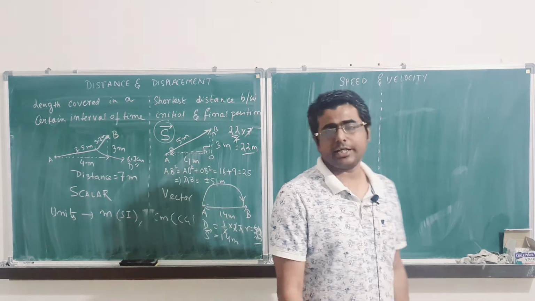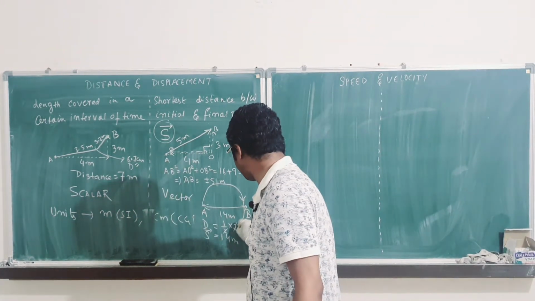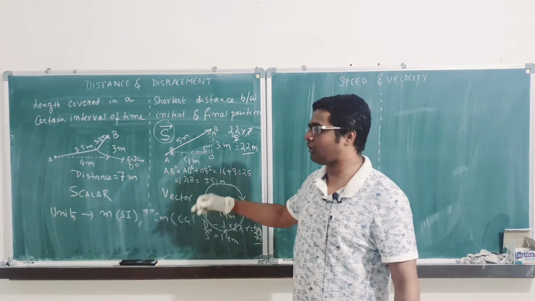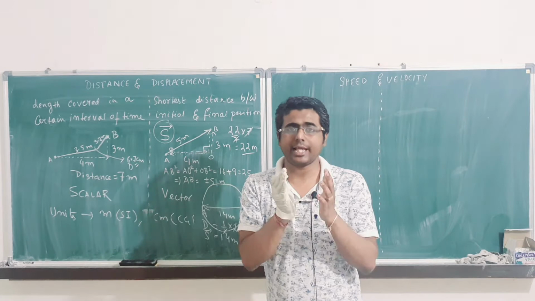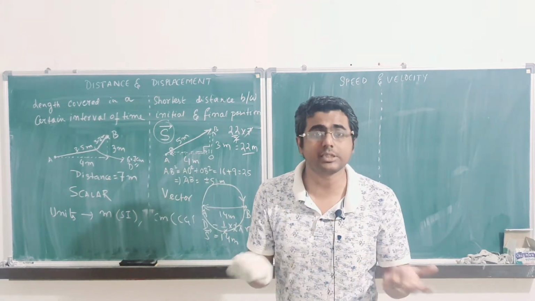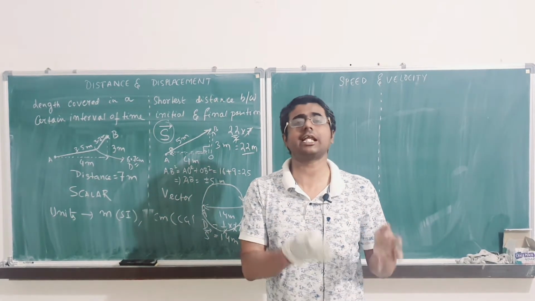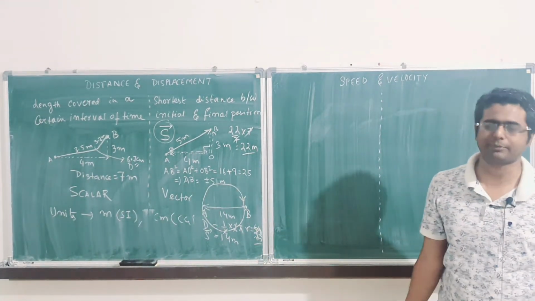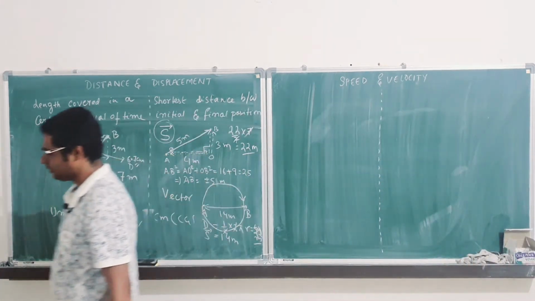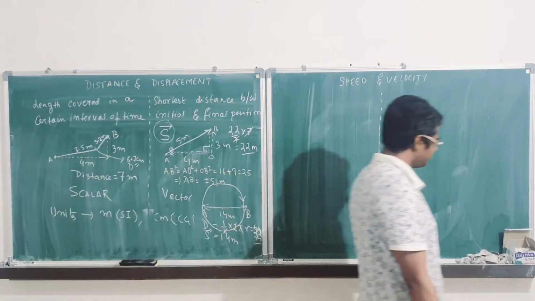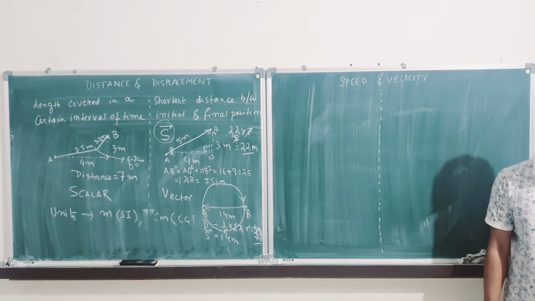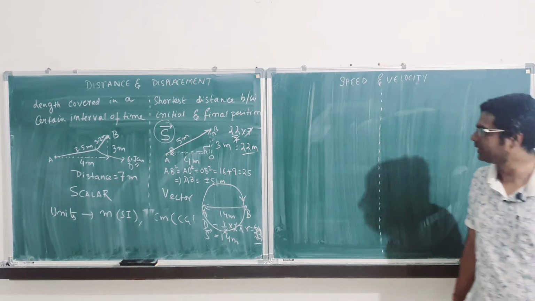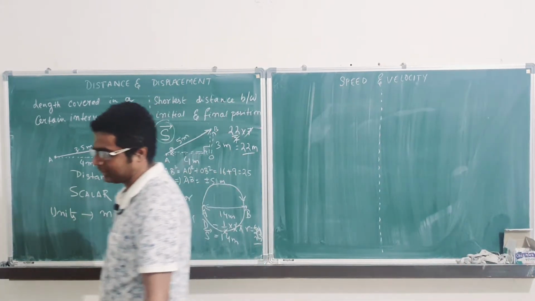And what would have happened if it had again come back like this? The minimum distance between final and initial position is 0. So if the distance between initial and final position is 0, displacement is 0, because it doesn't depend on the path. Suppose I am going like this, again I am coming back. You have seen me here, and after 5 minutes also you see me here. So what will be my displacement? 0, guys, right? Clear? So that is all about distance and displacement.